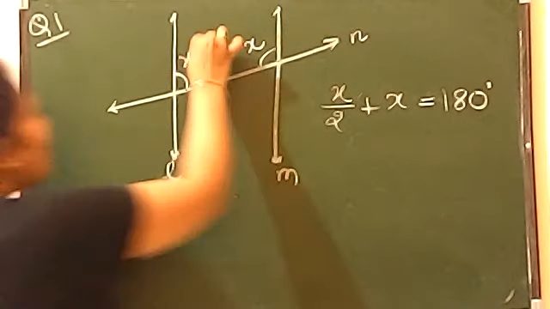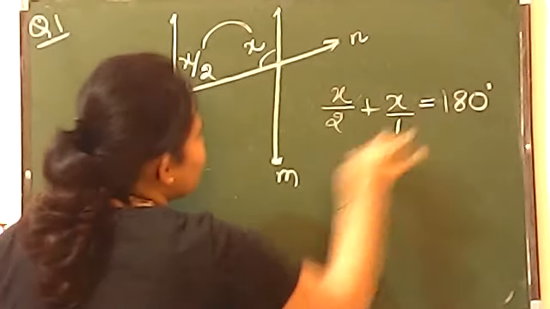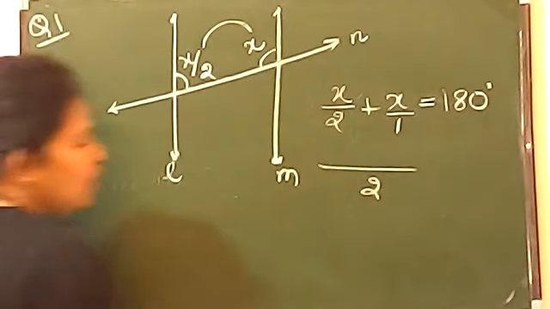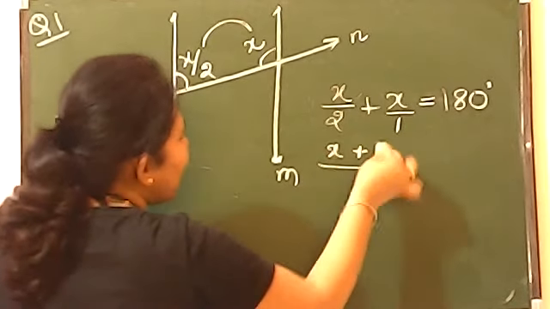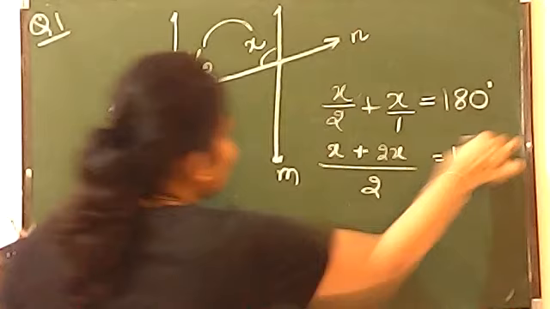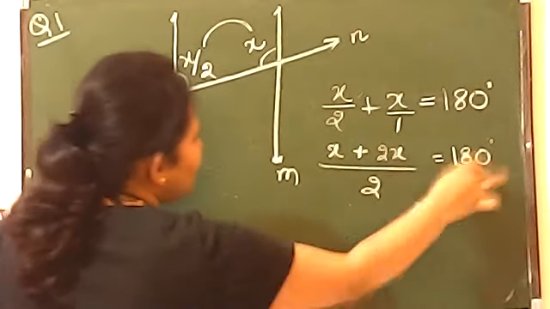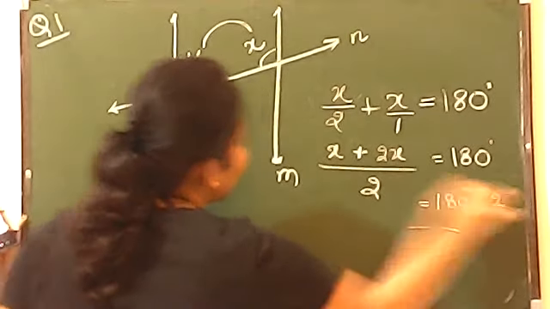So इन दोनों को जब आप ऐड करोगे तो आपको मिल जाएगा 180. Now let us solve this. LCM will be 2, नीचे divide ऊपर multiply, it will give you simply x, and this will give you 2x. 2x is equals to 180. Now this is 2 in divide, you will send it here, it will give you 180 multiplied by 2, and